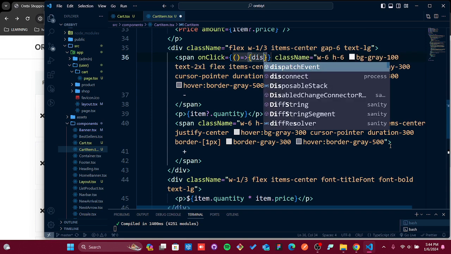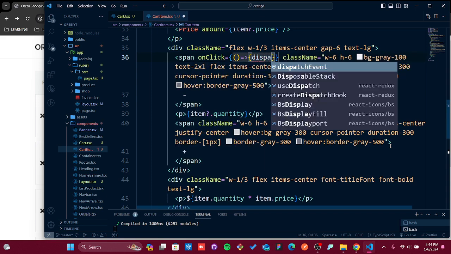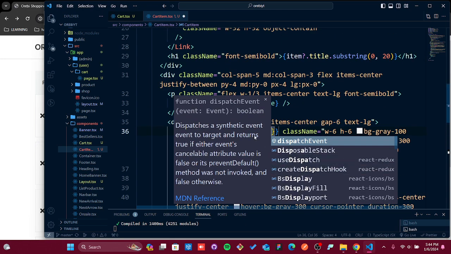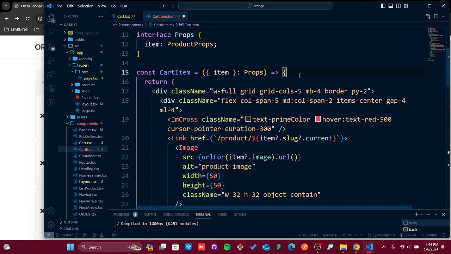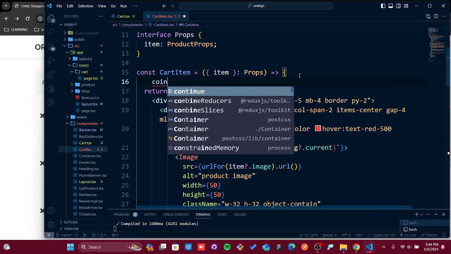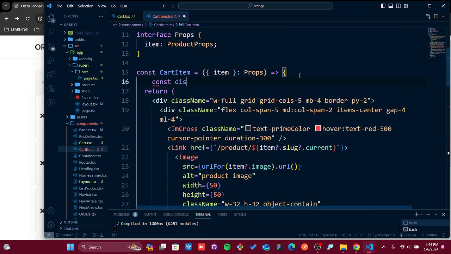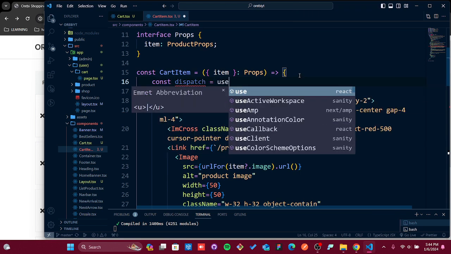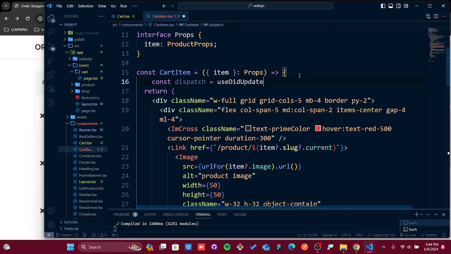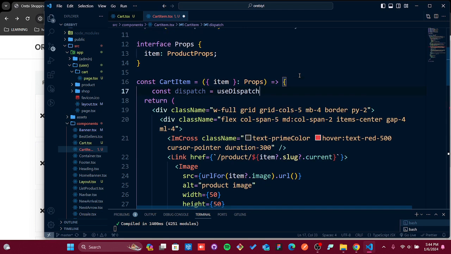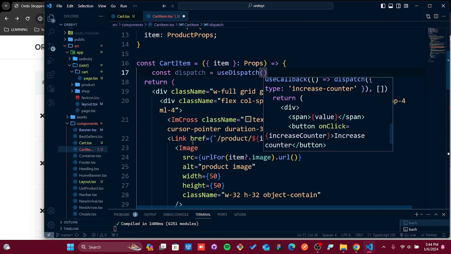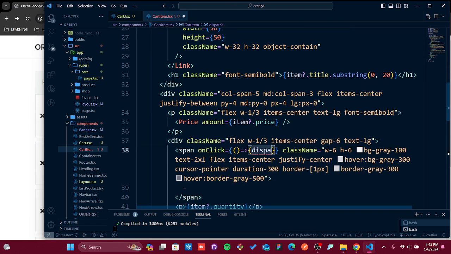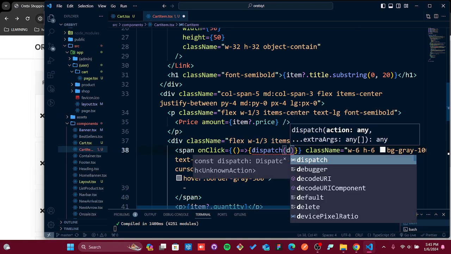So that one will be this, oops, I didn't declare the dispatch function here. Okay, so the const dispatch, which we need to import from that useDispatch here from React Redux. So now we need to pass that event here, so it will be dispatch, and that one it will be